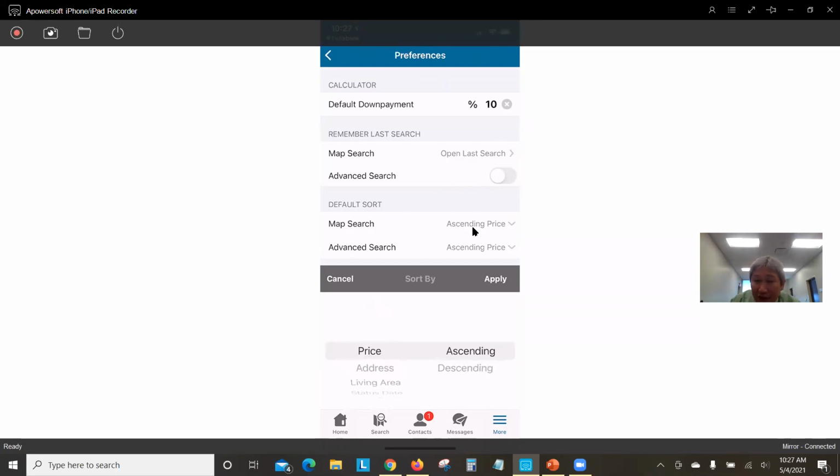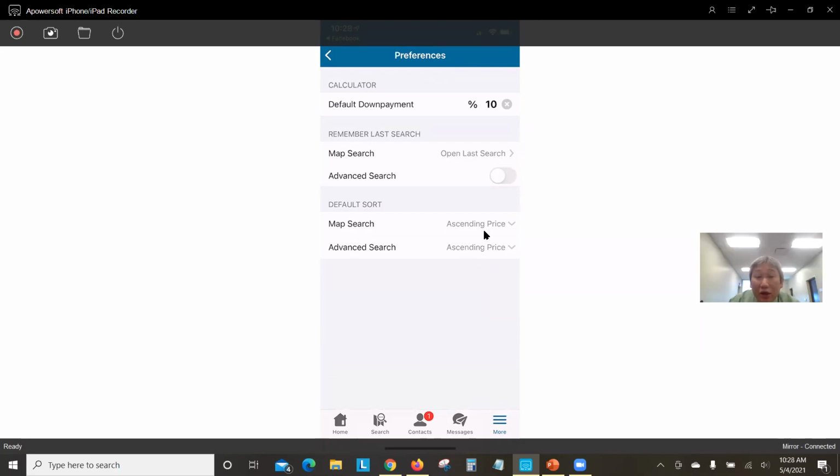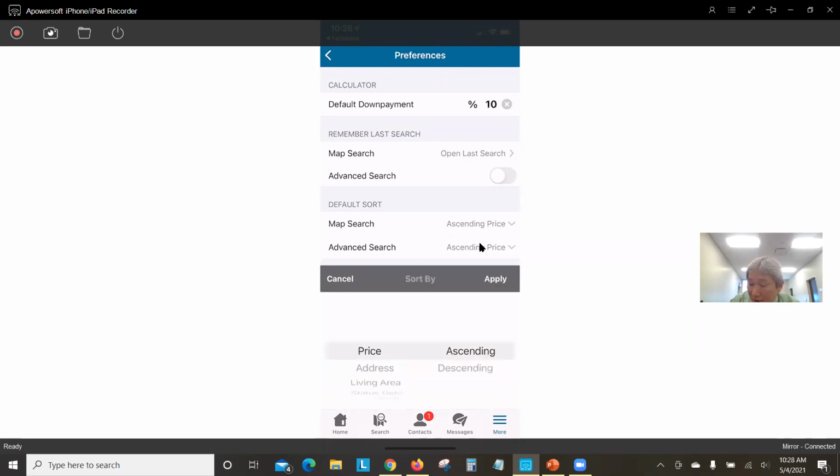When you're done making changes, simply tap apply. Okay, but if you want to search the opposite of ascending, here's descending, by the way. Simply tap apply, and that will be your default from now on. You also have advanced, when you do an advanced search, same. You can change those. All right, that's it. That's all for the preferences. To return back,